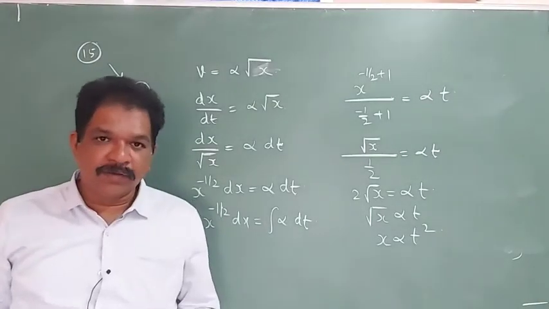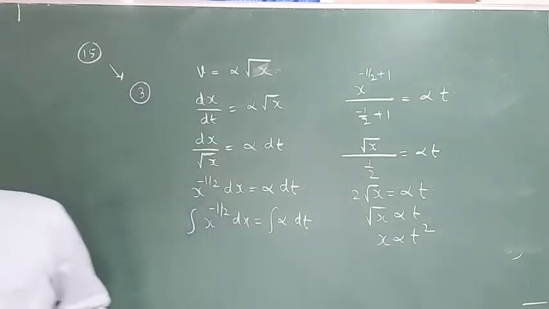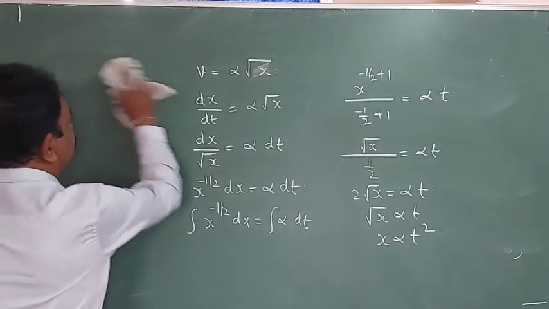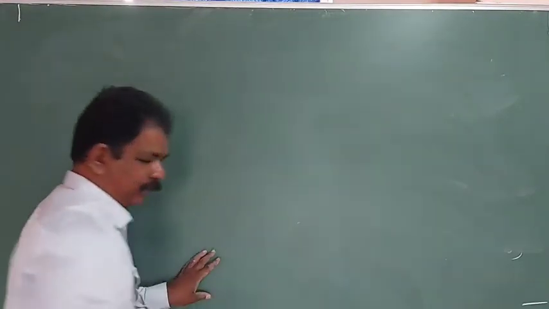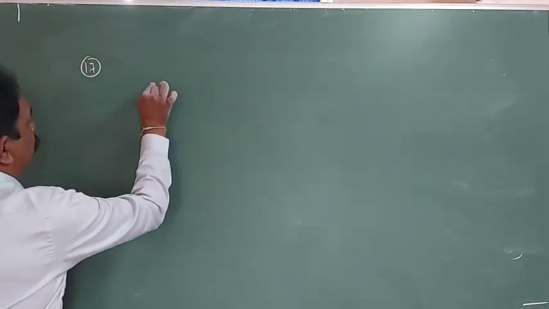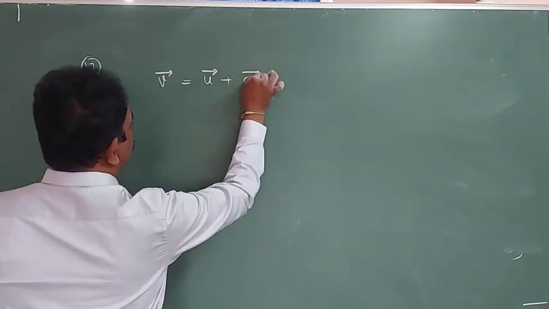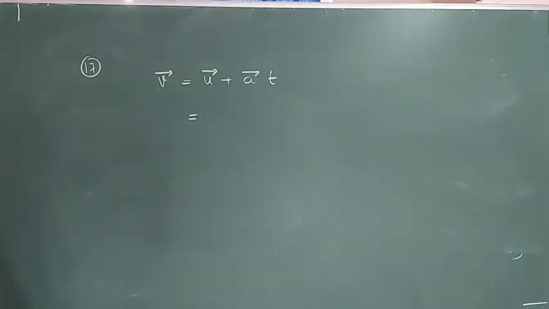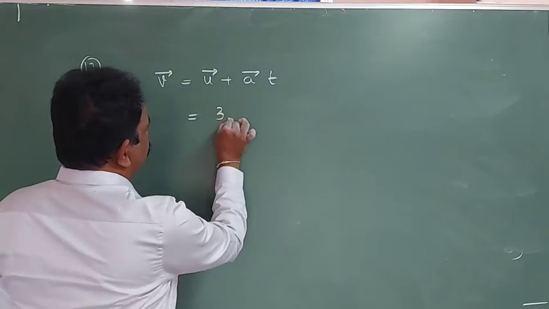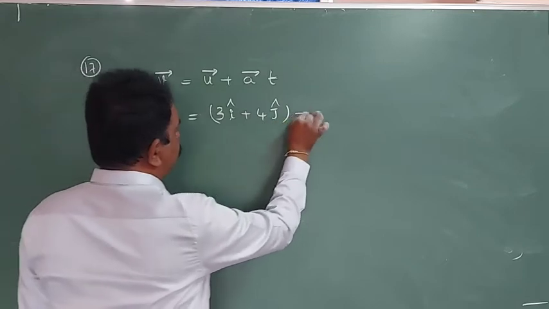Next 16, no need, graph question. 17, repeated model, you see. What they are asking: v is equal to u plus at. 17, v bar is equal to u bar plus a bar into t. Here u bar will be 3 i cap plus 4 j cap